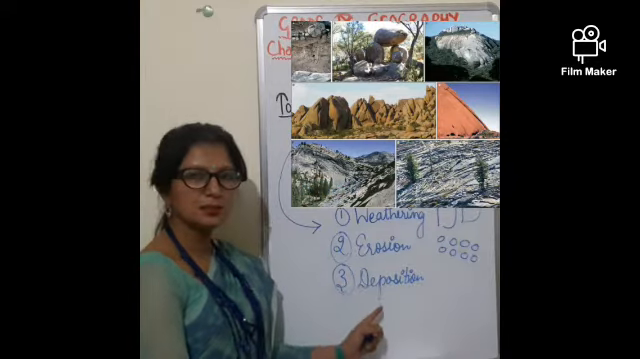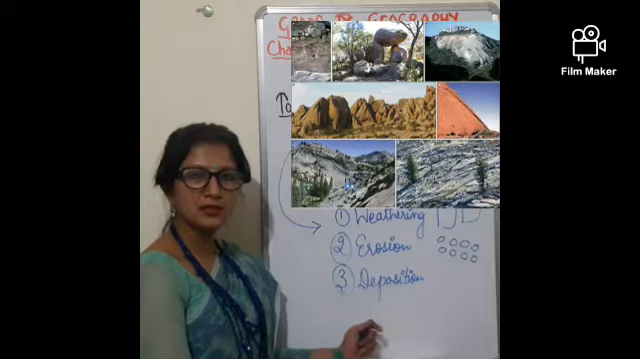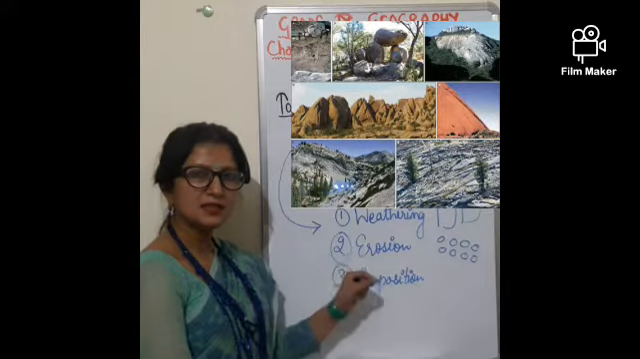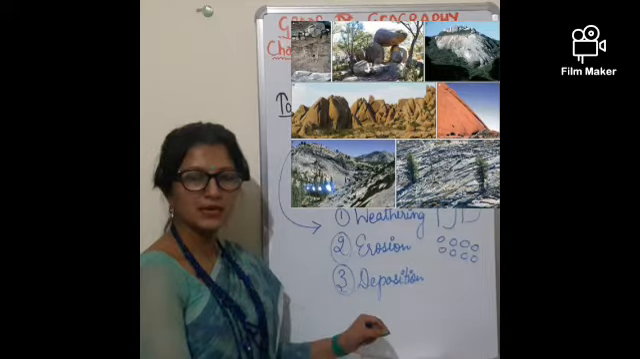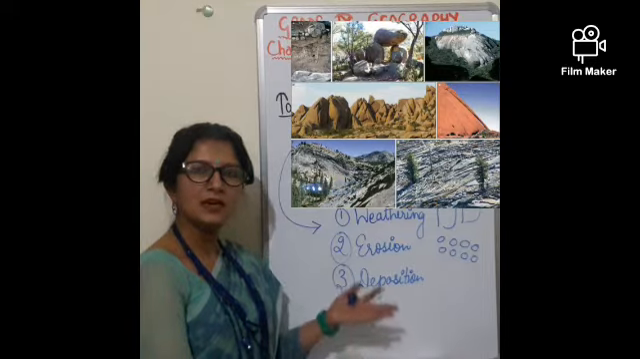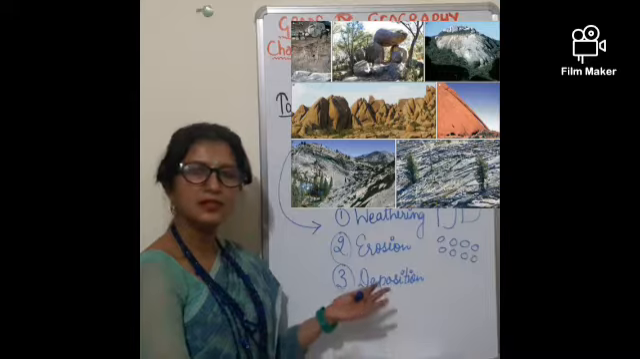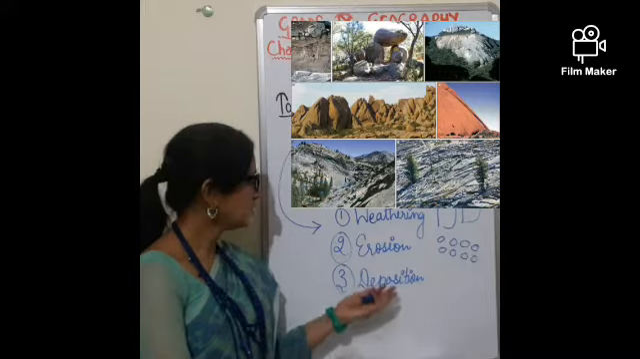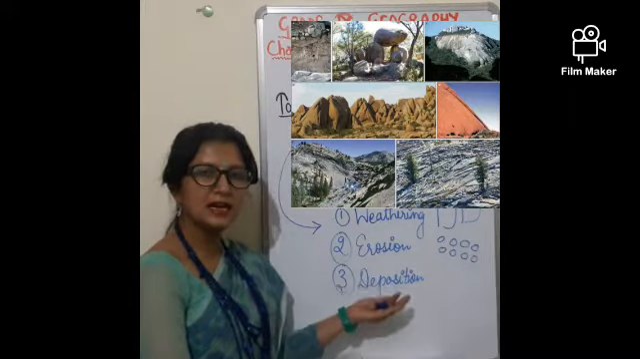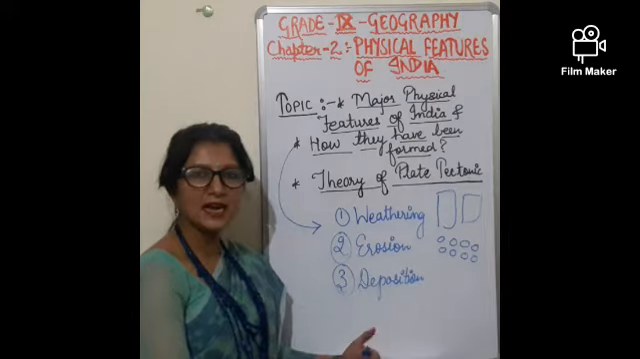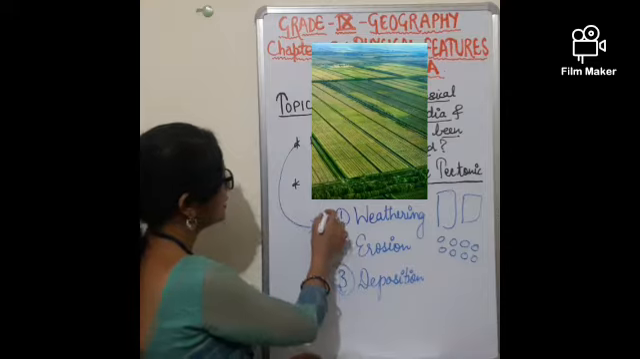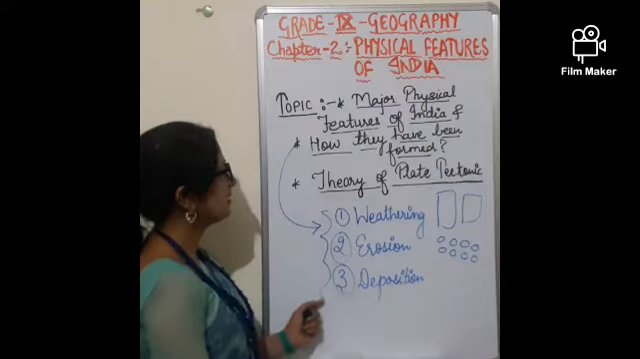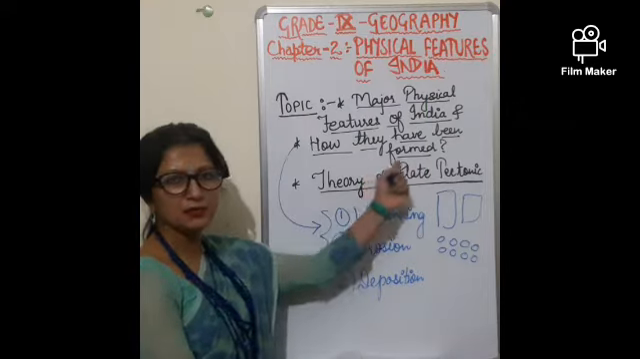Next process is deposition. Again, through a natural process, these pieces of stones or the minerals get deposited from one place to another place. The best example is the water movement or the river journey, where rivers carry all those minerals and deposit them on the river bank side and form the plain, a very fertile plain. So in this way we understood these are the main mechanisms due to which the land forms